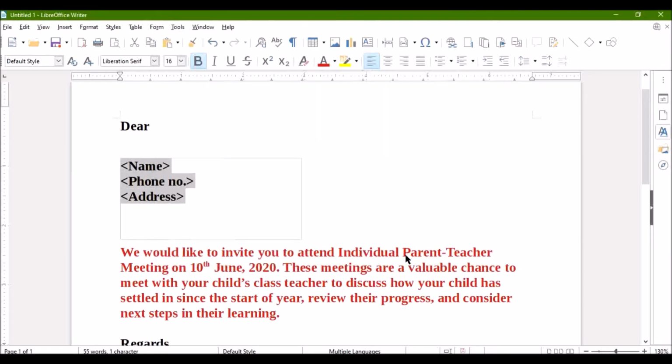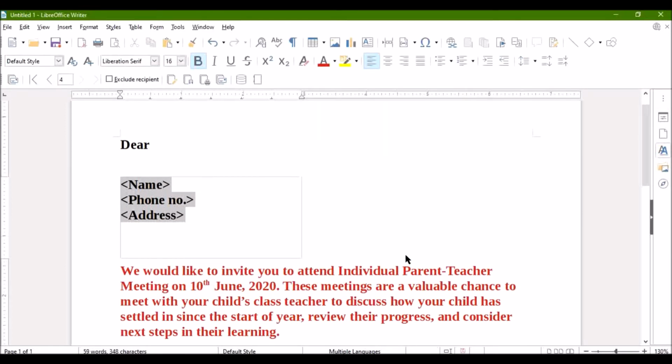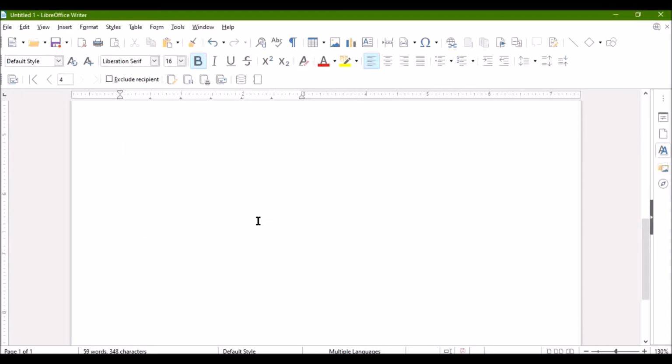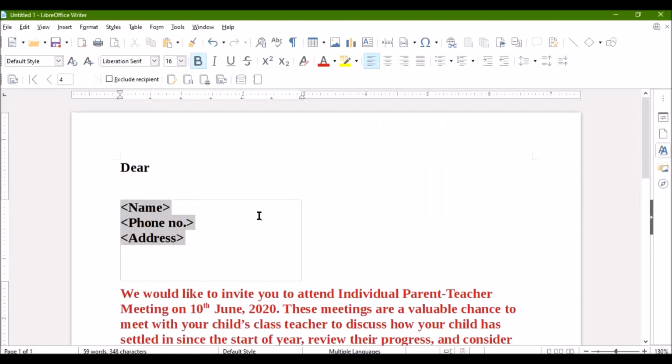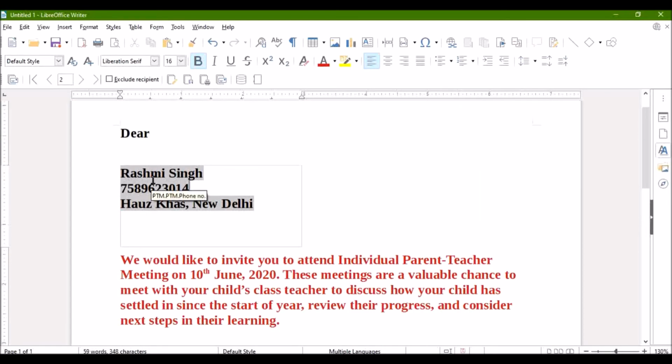Now I'll just finish. Now as soon as I click on finish, you can see that this is the document that has come over here. First page I will click. This is the first document, you can see Deepak Singh, and the phone number and the address has appeared over here. Second, same, everything is same, only the recipient name has changed, Rashmi Singh, the phone number. And third document, you can see the name has appeared, the phone number and the address has appeared, and the fourth document. Okay, so this is how we create the mail merge.